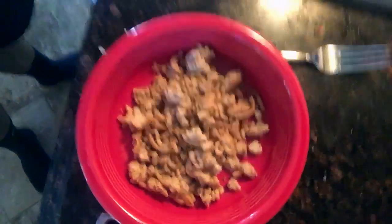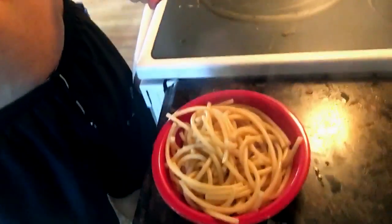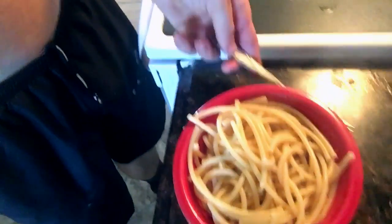Alright, last meal is some ground chicken right there. And I got a bunch of pasta in here. But ooh, it's hot. Alright, I'm gonna pour that out and then I'll show you it. Serving into half of this pasta. So pasta I showed in a different video. I said the wrong name of it. It's actually called